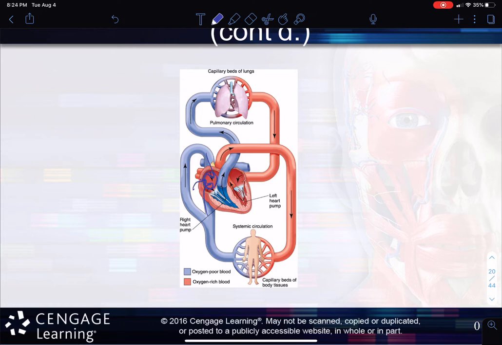All that blood will pool into the right atrium. Atria will contract on both sides, pull that blood into the right ventricle. Blood will pool in the right ventricle. Then the ventricle will contract, push blood out to the lungs via pulmonary circulation. It will get reoxygenated in the capillary beds of the lungs, which we'll talk more about when we get to